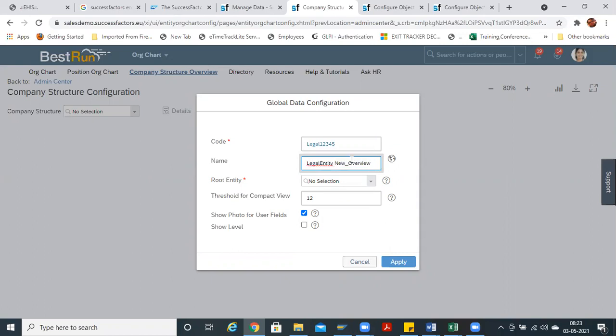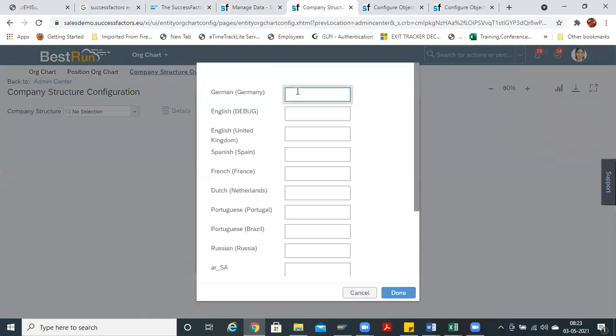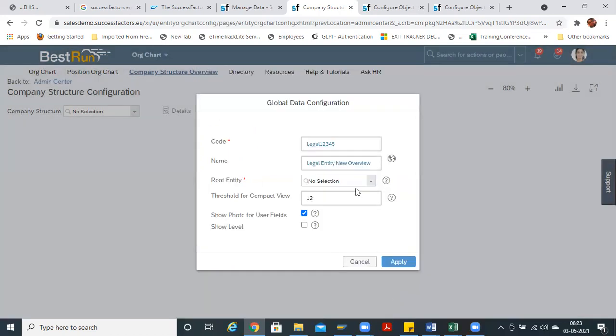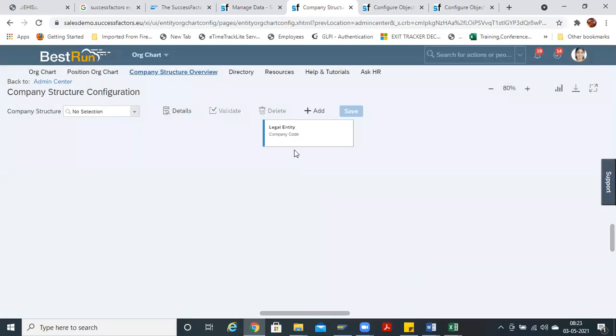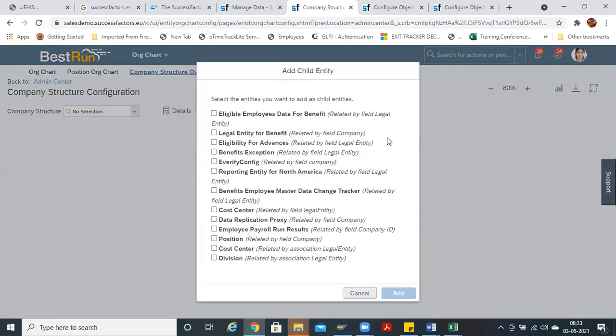We can easily select legal entity. Apply. Now here I am just applying child entity.